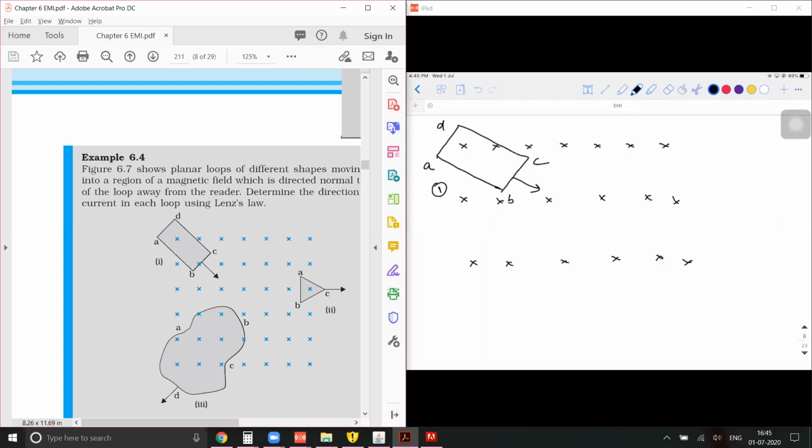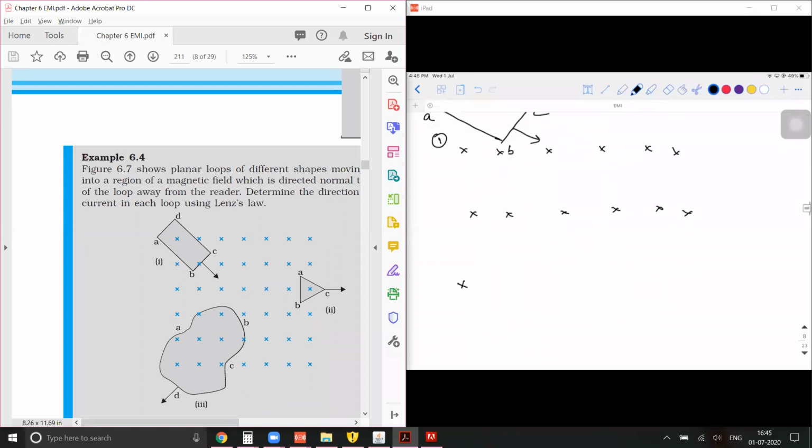So these kinds of problems, how you are supposed to observe is, if you see an into mark for the magnetic field in the paper, the into mark means it is into the plane of the paper. So what is the basic direction of magnetic field? The magnetic field is from north to south pole. You're able to understand this point? Yes, sir. So magnetic field's direction is from north to south pole.